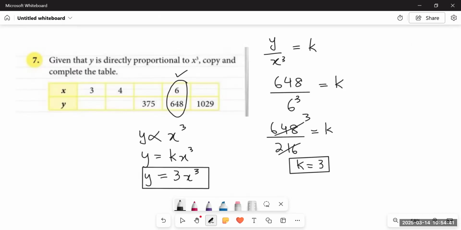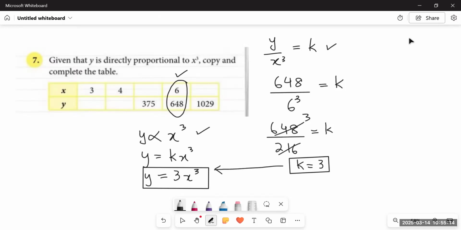Like what are we doing? First, we are making the statement. This is the first step. Then we are replacing the sign of direct proportion with is equal to k. Then we are finding the value of the constant. And then we are putting the value of that constant back in the equation. After completing these steps, then we have to move forward towards finding the values of x, where the values of y are given, and finding the values of y, where the values of x are given.